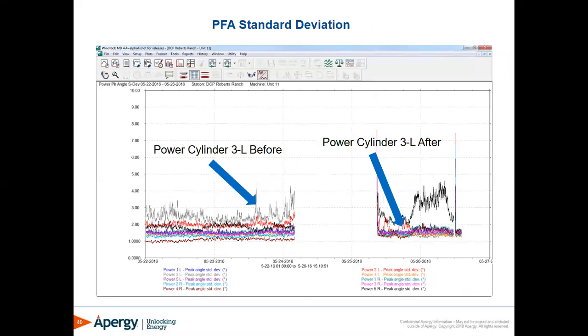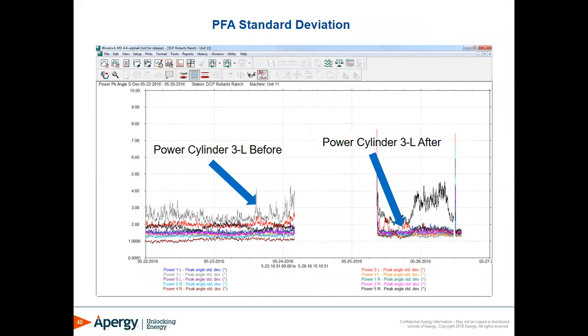So this is a trend plot of the peak firing angle standard deviation. You can see before the fix, it's much higher than the rest. And then after the fix, it's down here mixed in with the others. The increase in the standard deviation for this cylinder pretty much tells us that the peak firing angle is moving